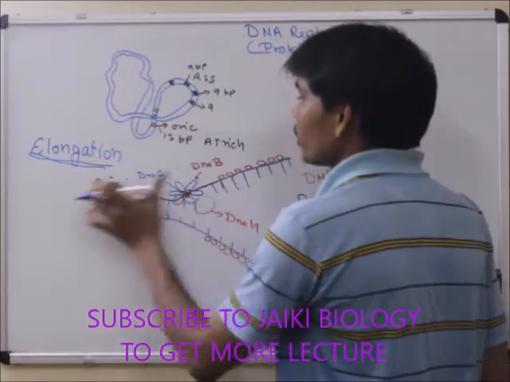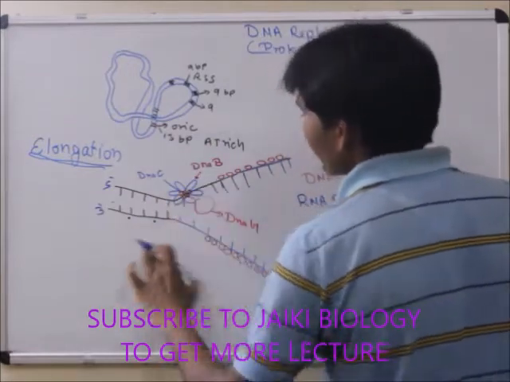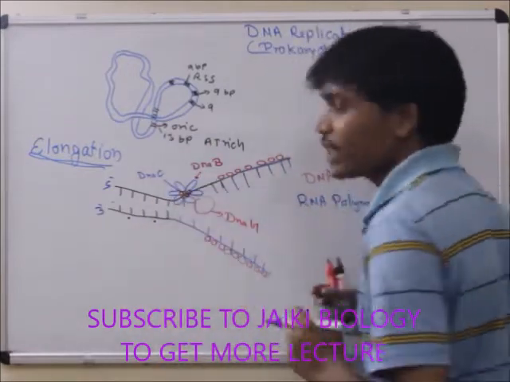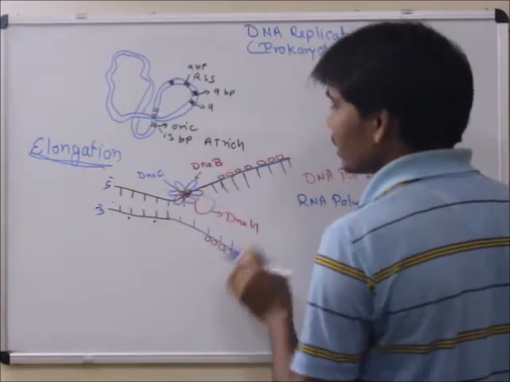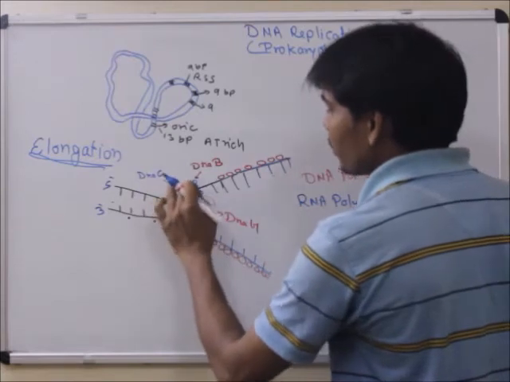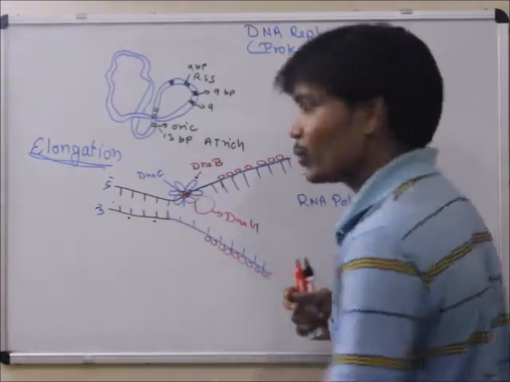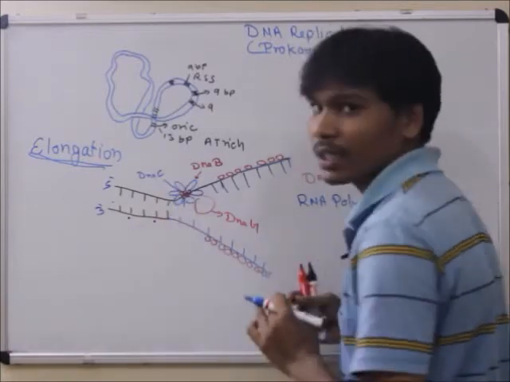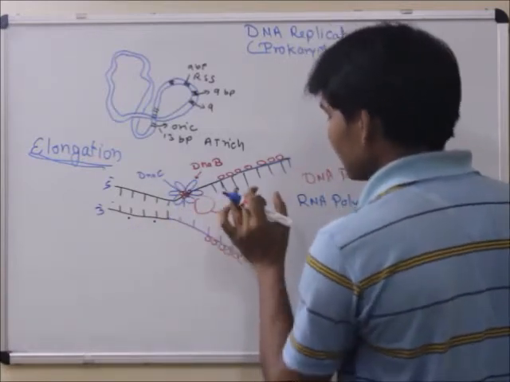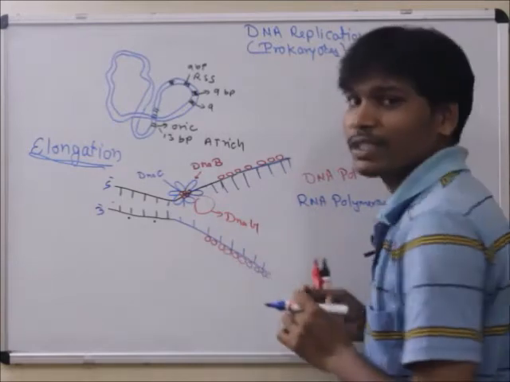Okay, so come back to the elongation, that is the formation of the replication fork with the help of DnaB proteins. DnaB proteins are loaded by DnaC proteins, and this breaks the hydrogen bonds between the two nucleotides. Formation of replication forks occurs, and here different enzymes and proteins help in the synthesis of DNA